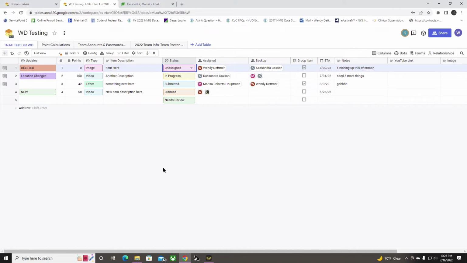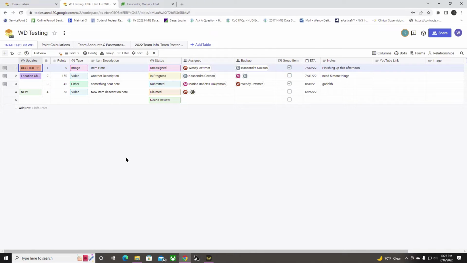So we're going to spend a little bit of time talking about Google Tables, which is how we're going to manage the list this year. Now this is just a sample because Cassandra, Marissa, and I have been playing around a little bit. But for the day of the actual hunt,